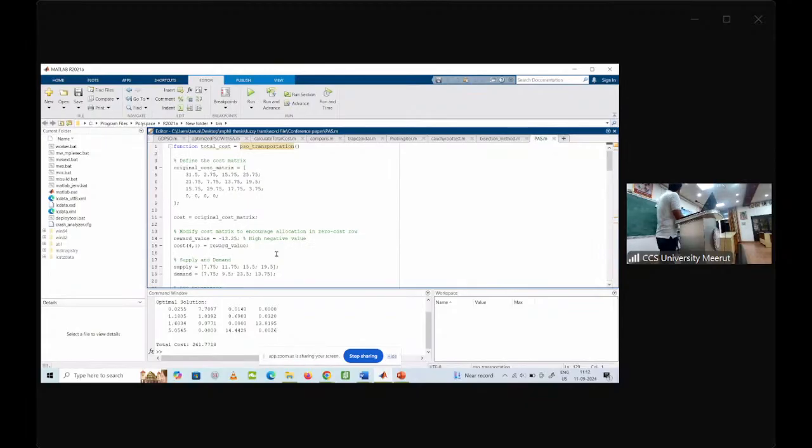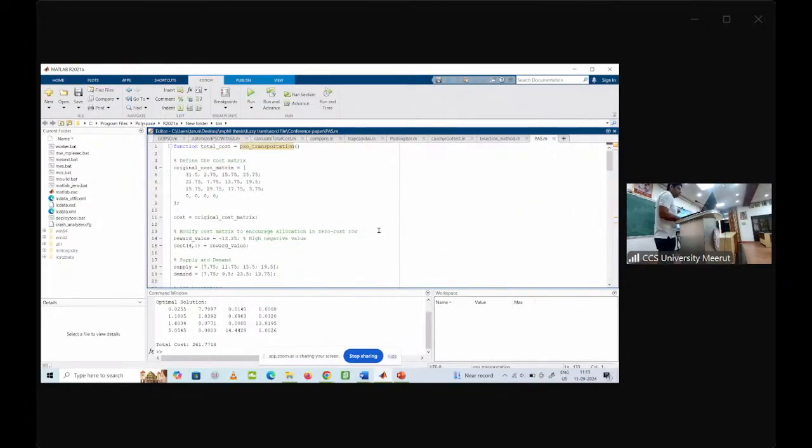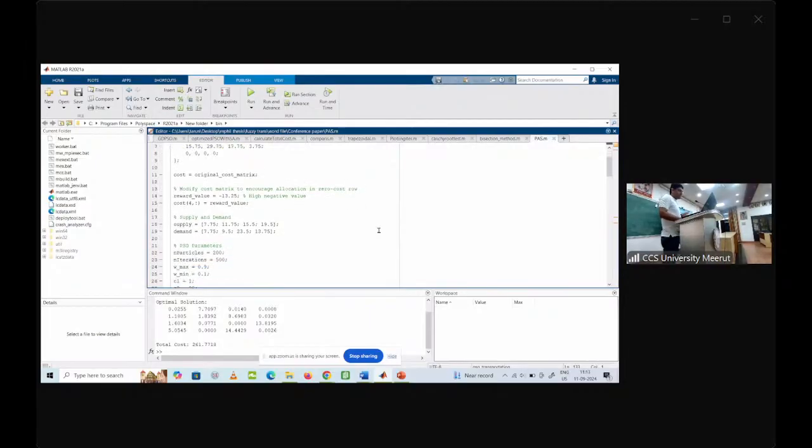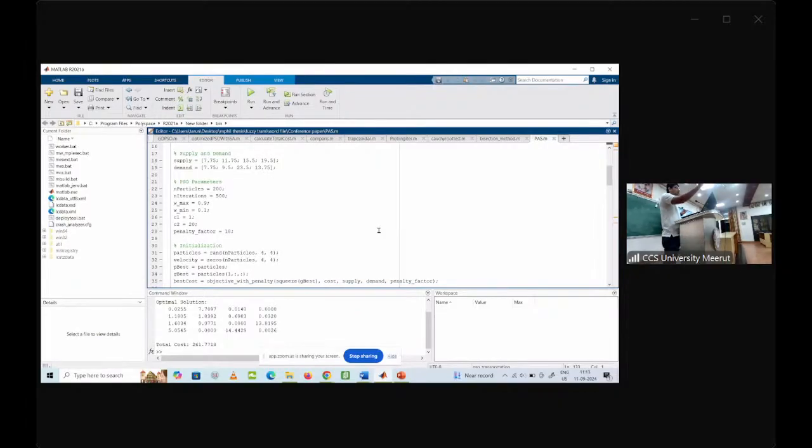ये मेरे पास एक ओरिजिनल कॉस्ट मैट्रिक्स है, कल मैथमेटिका का वैसे यहाँ पे डिस्कशन हुआ था, डॉक्टर ब्रजमोहन सर ने यहाँ पे दिया था। तो हम क्या करेंगे कि डिफाइन कर देंगे, ओरिजिनल कॉस्ट मैट्रिक्स है ये, कोई भी एग्जांपल यहाँ पे इनपुट हो सकता है, और उसके बाद ओरिजिनल कॉस्ट मैट्रिक्स, उसके बाद सप्लाई और डिमांड, जो बिल्कुल बेसिक प्रॉब्लम जो हम ग्रेजुएशन लेवल पे पढ़ते हैं वो है ये, सप्लाई और डिमांड, नंबर ऑफ पार्टिकल्स, दैट मीन्स नंबर ऑफ बर्ड्स की जो हम बात कर रहे थे